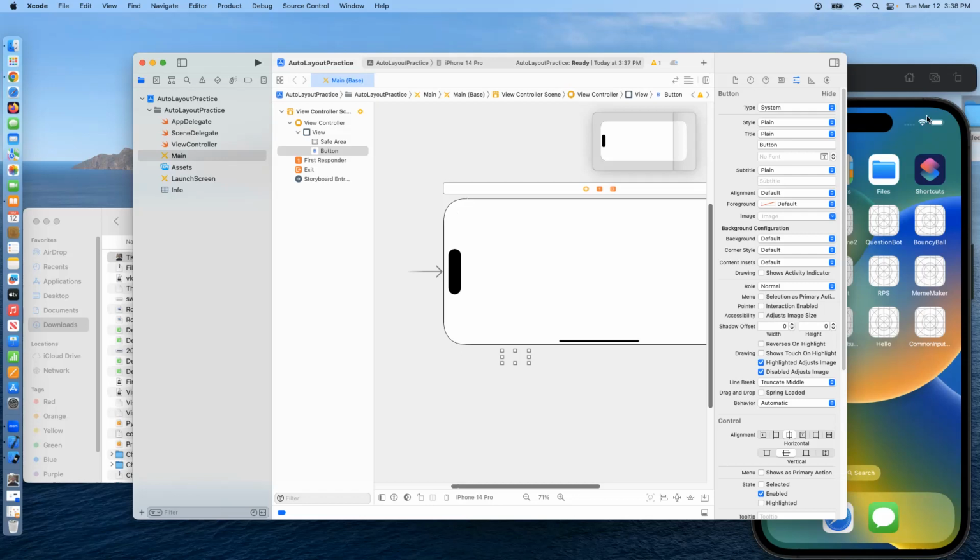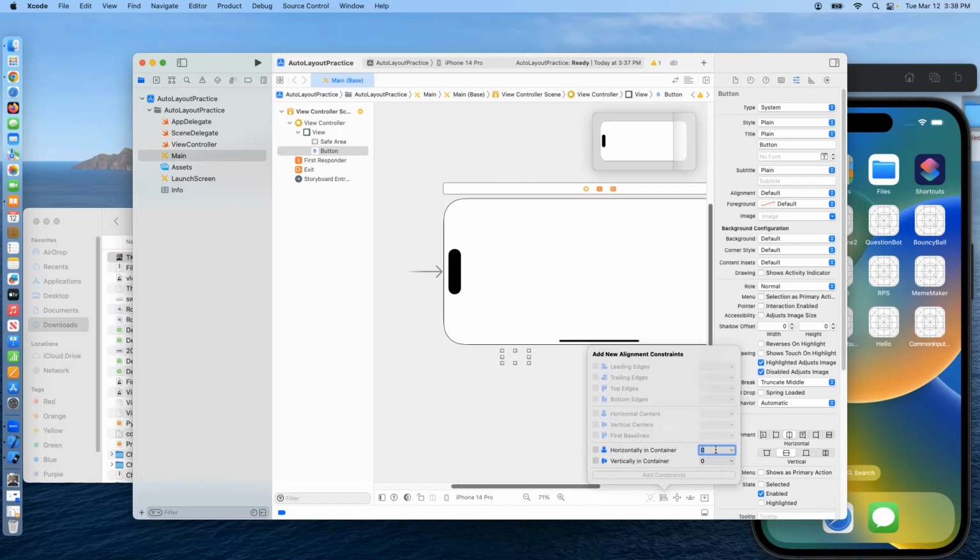All right. So in order to get that thing to sit in the middle, you see it's still highlighted. We want to go now to the constraints panel down here. The constraints panel is this one, right? And we're going to add some new constraints. But notice I'm going to click on the alignment, and you notice the little settings that they have here. So make sure your button is highlighted. If it's not, click on that alignment panel, and then notice